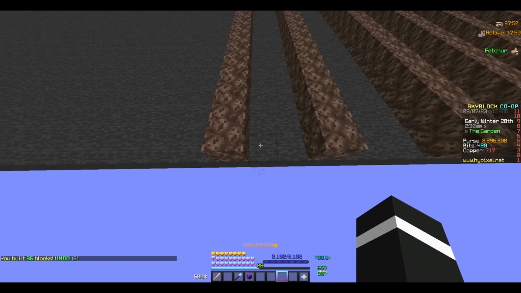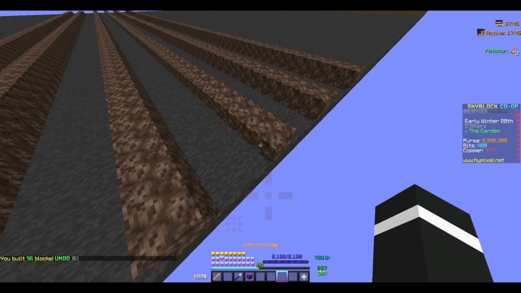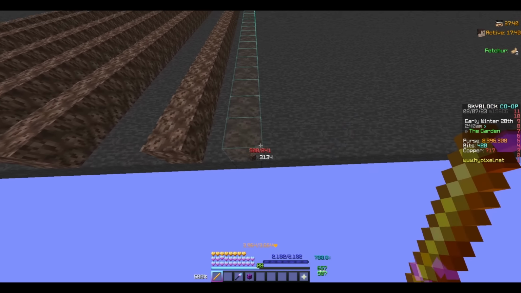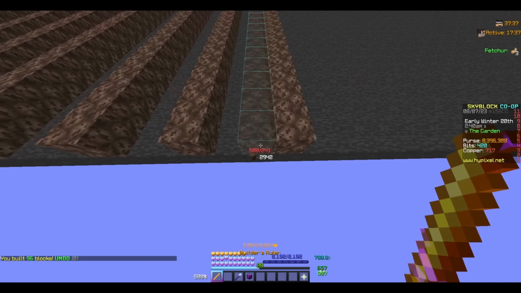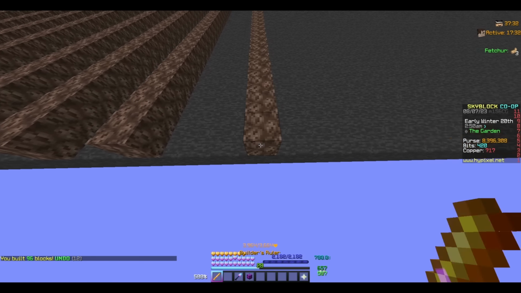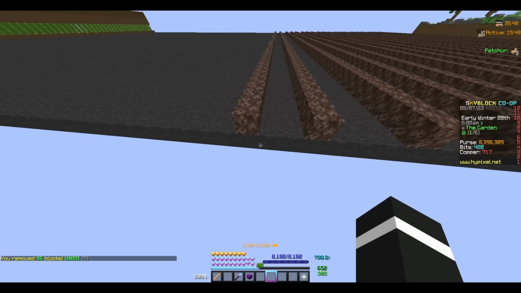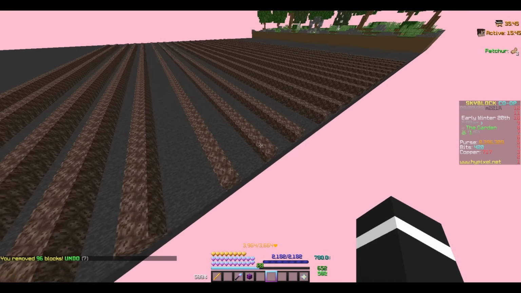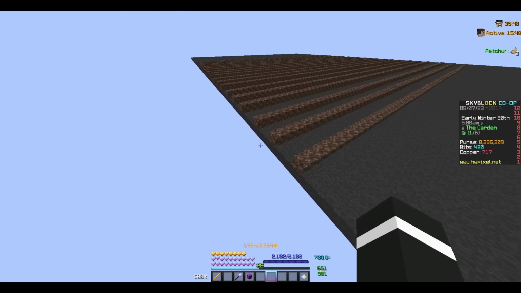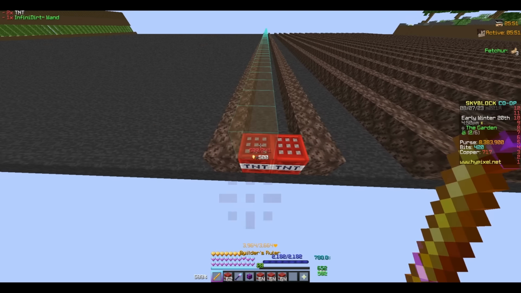So this first row is a 2-block gap, then a 3-block gap. And then from here to the end of the farm, it's two 2-block gaps, and then a 3-block gap. So again, it's 1 more 2-block gap, 1 more 2-block gap, and then a 3. And then a 2, and then a 2, and then a 3, all the way across. So we need exactly 20 rows of soul sand. So 1, 2, 3, 4, 5, 6, 7, 8, 9, 10, 11, 12, 13, 14, 15, 16, 17, 18, 19, 20. Perfect. All right, so the next thing is just add 2 TNT like so, and then place 2 rows